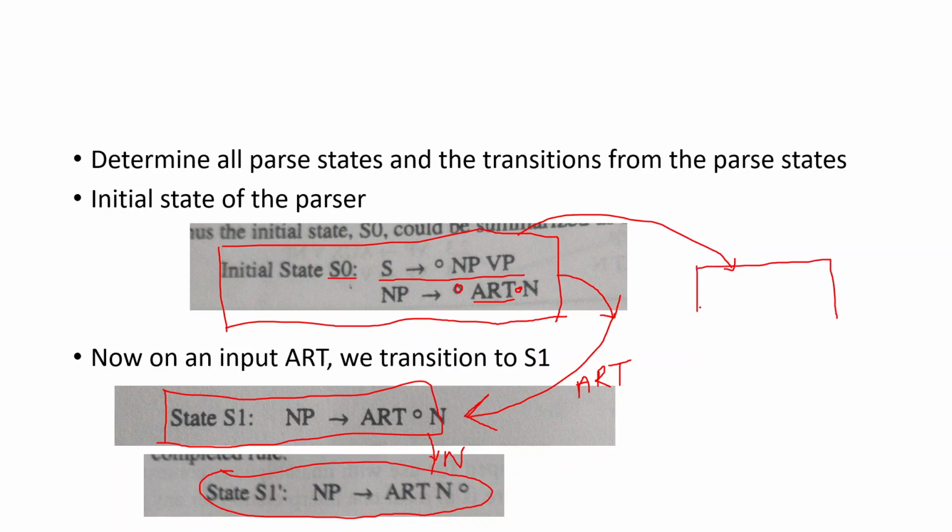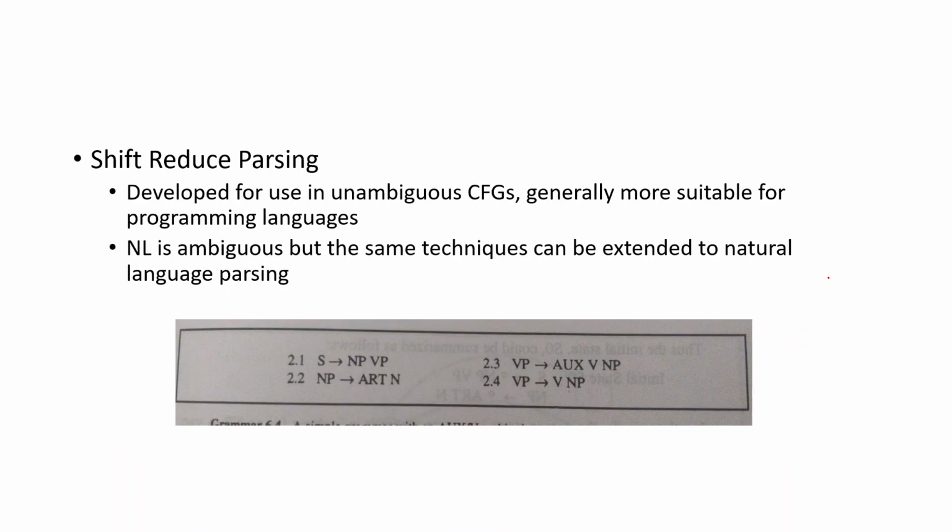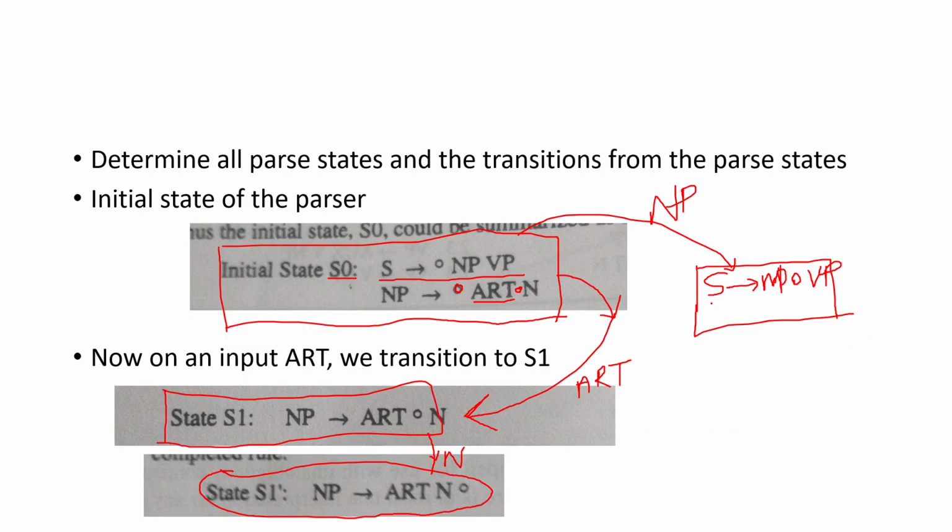Now, what is the next state when you are consuming a noun phrase? From the start production, once you have processed the noun phrase, where do you go? This production will be replaced as S gives noun phrase dot, noun phrase has been processed, followed by verb phrase. So on noun phrase we have this transition, and then you have a closure applied on this production. If you look at the productions, we have VP on the left hand side. You have got two productions which we can add to this particular state. Okay, VP gives whatever, right? That is state S2 here.